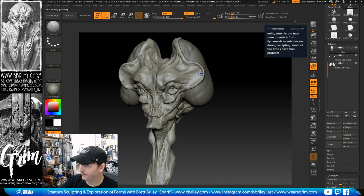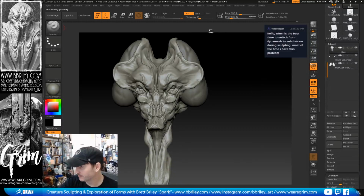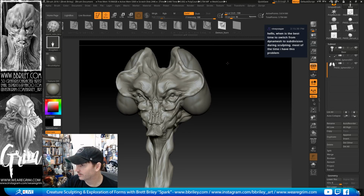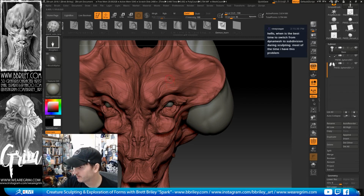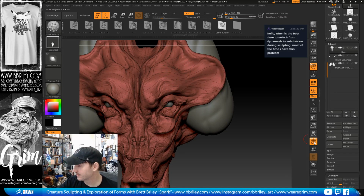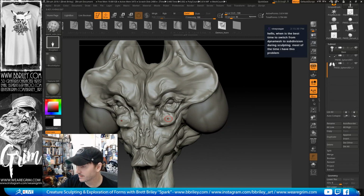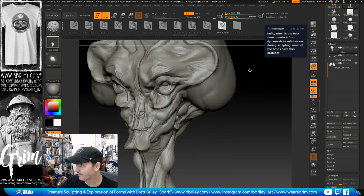So if I like the way this is looking, but I want to go back to some of my standard brushes, I have this little horn. Like I said, if I just do a couple with the VDM, as you see right here, if I look into my wire, see how stretched and nasty this has gotten? That's because of me playing with it. So my VDM brush is going to be very unsuccessful. It will work in different areas that are